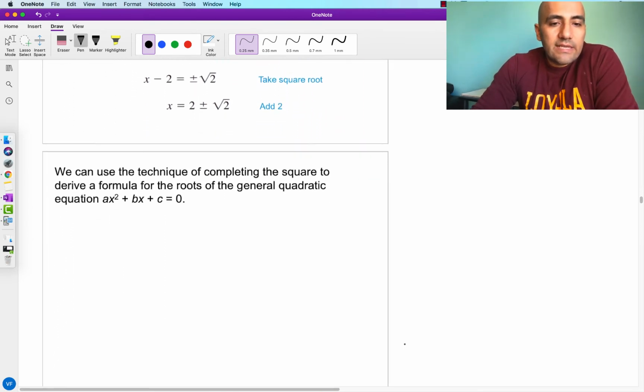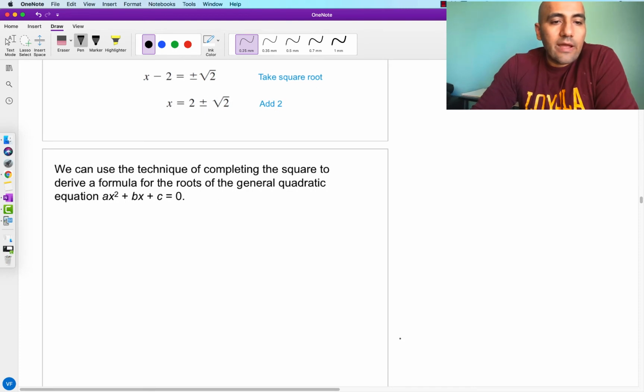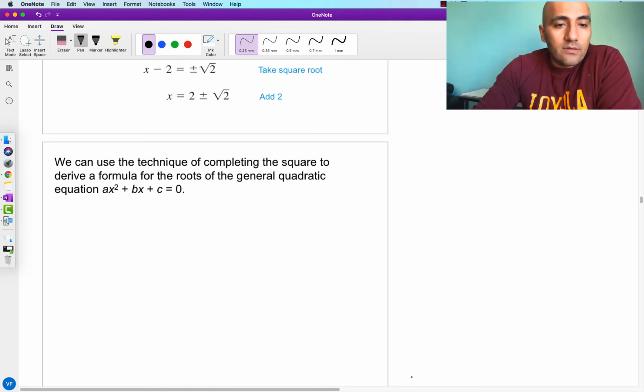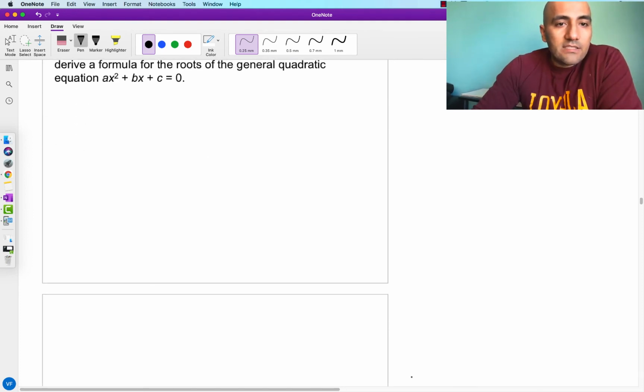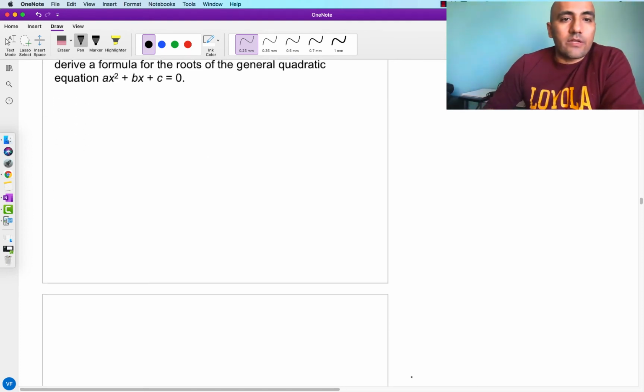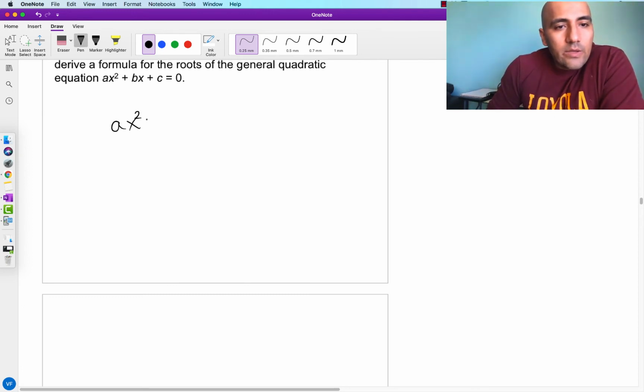So we can use this technique of completing the square to derive a formula for the roots of a generic quadratic. Okay, so let's solve this in general, is what we want to do. So let's say that we have ax squared plus bx plus c equals 0,